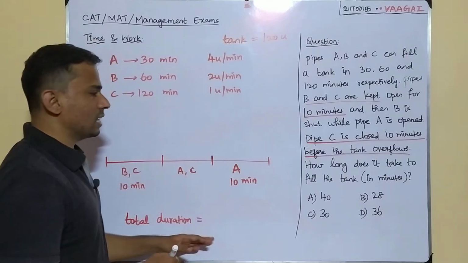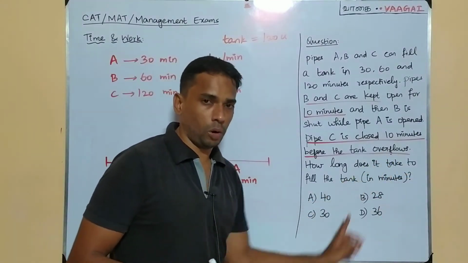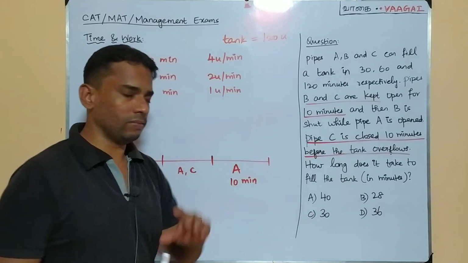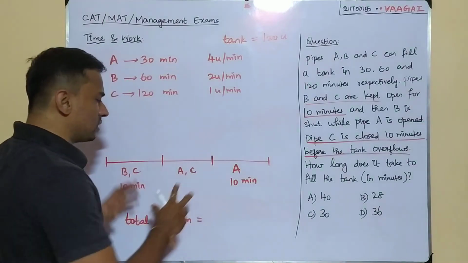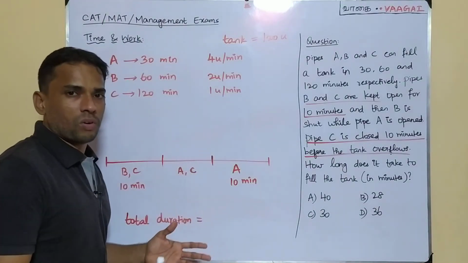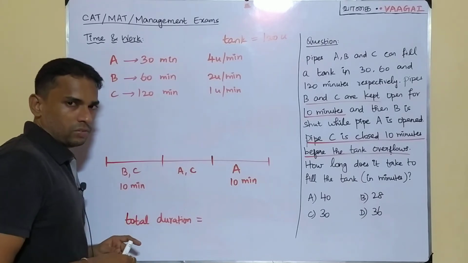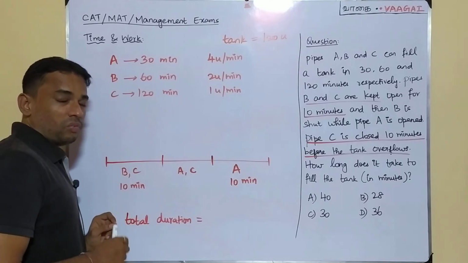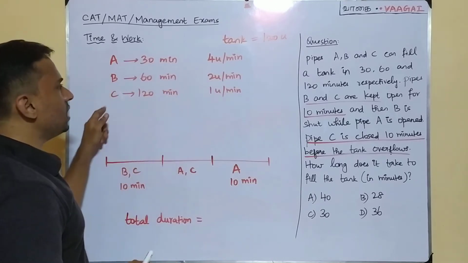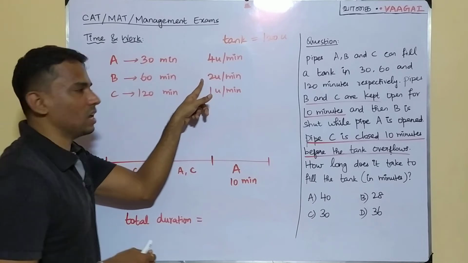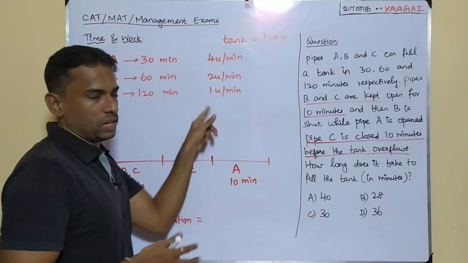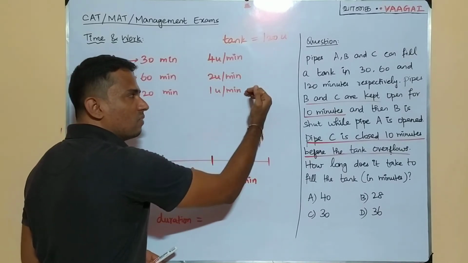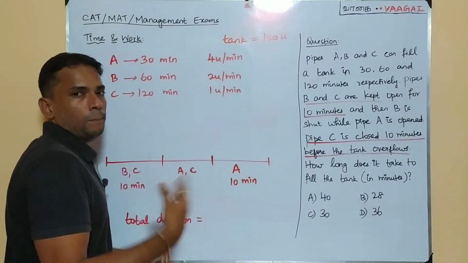Yes, and we have the options also, and we are asked to find the answer in terms of minutes. Okay, fine. So our setup is ready, right? Now it's going to be very easy for us to get the answer. Let's see how it is going to work. First B and C, these 2 pipes are working for how much time? For 10 minutes. Now come here, B and C, we know the efficiencies of B and C are 2 and 1 respectively. So when B and C work together, the efficiency will be added. I mean, we'll have to take the combined efficiency.